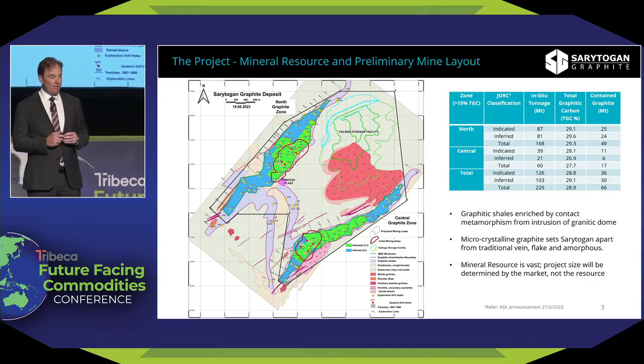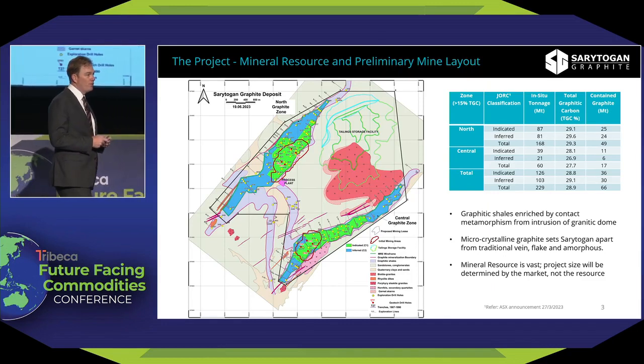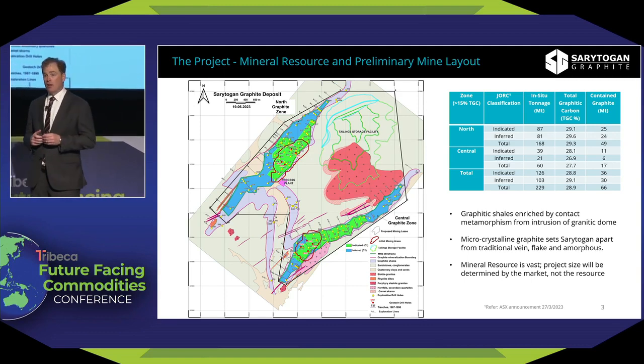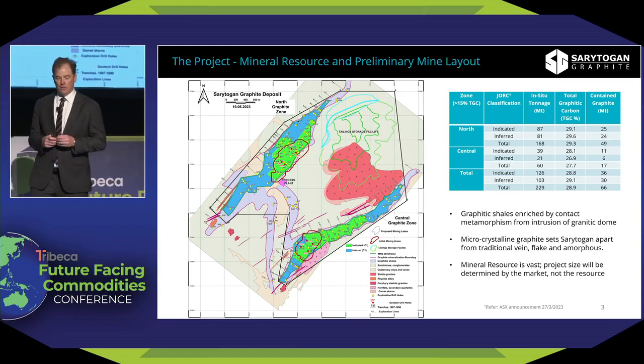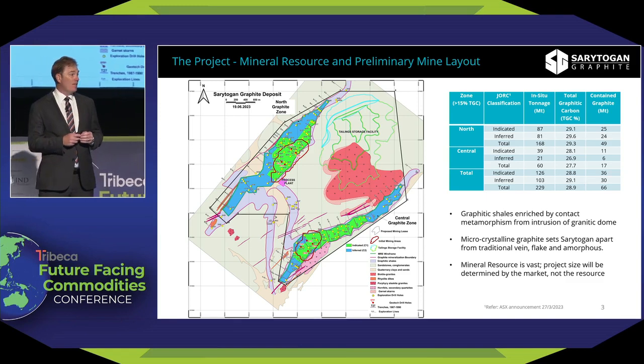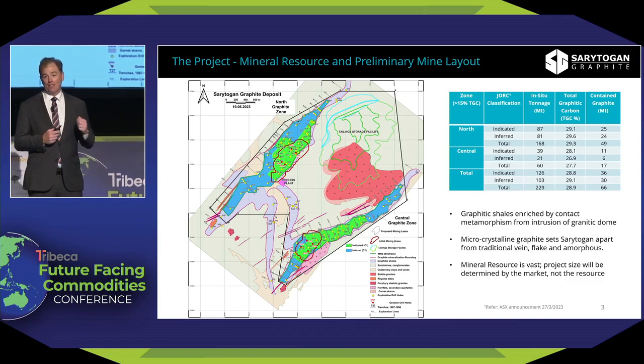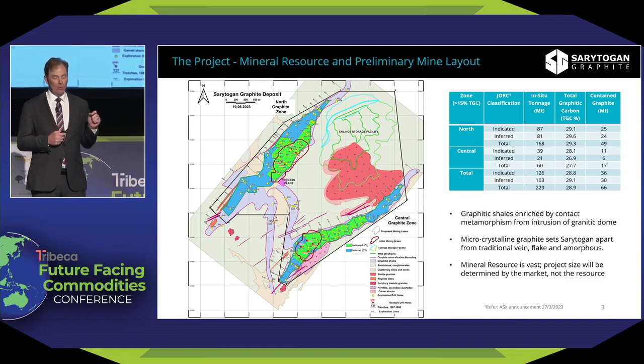So of course it all starts in the ground with the resource, and we've drilled this out to an indicated mineral resource. As I mentioned, world's highest grade, world's second largest. What makes our project different and special is of course the geology, and it's been formed by contact metamorphism rather than regional metamorphism. The pink granite has come in there and cooked up our graphite, but just cooked it up to the Goldilocks zone, where we've managed to get the very high grades, but importantly, our flake size has stayed